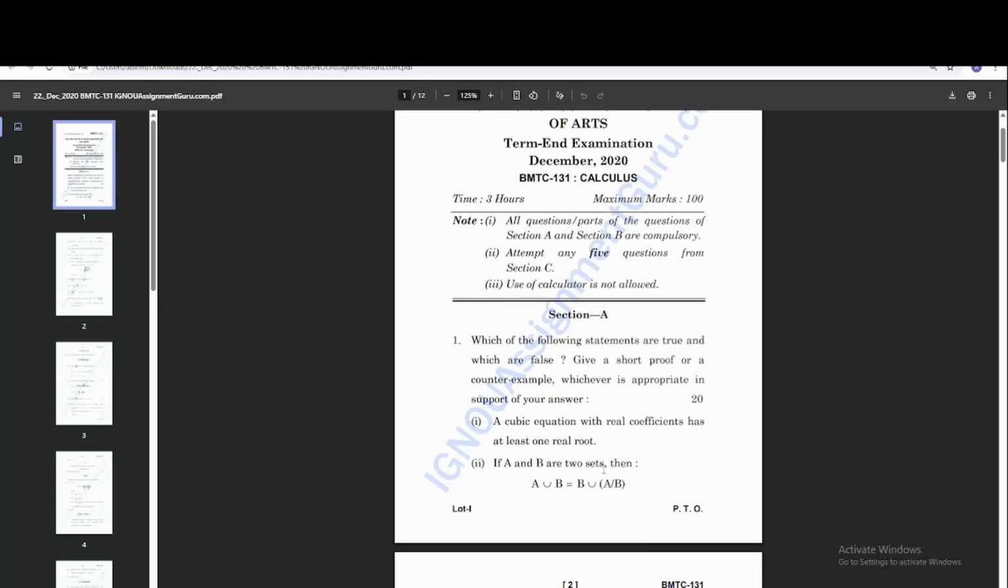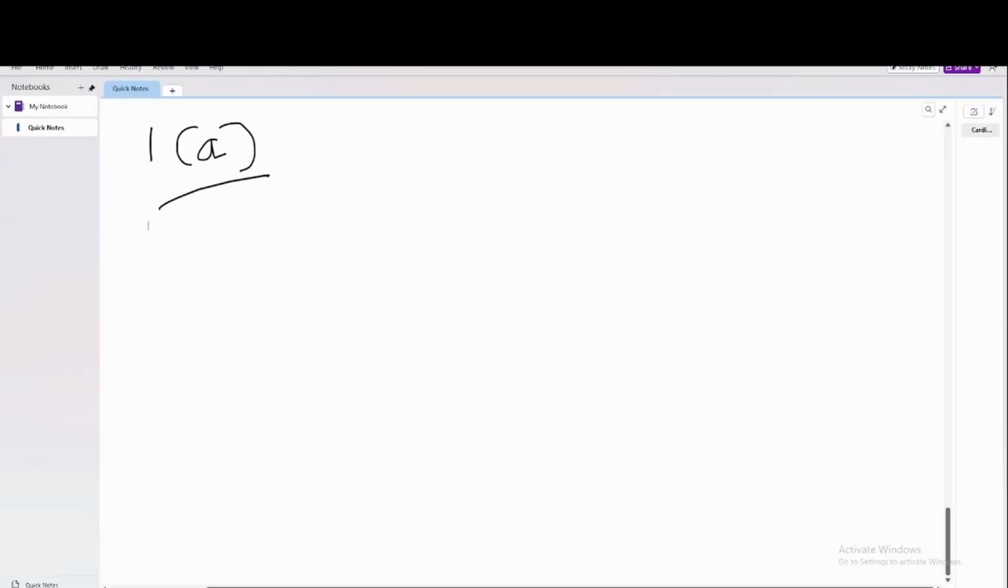A cubic equation with a real coefficient has at least one real root. This is the first question. So, is this true or false? This statement is true because